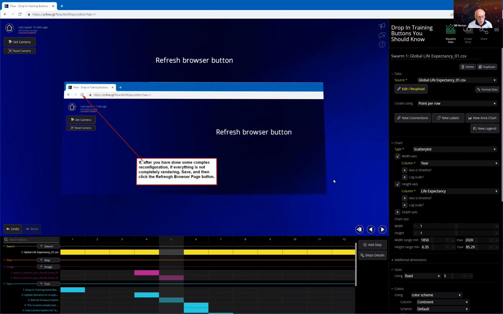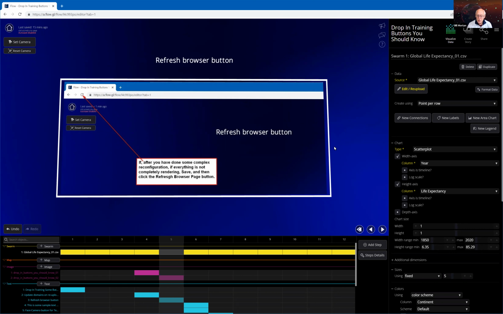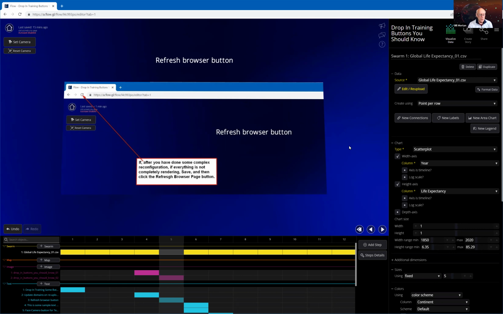Okay, so Flow has a lot of very complex internal settings. And as you're reconfiguring your flow, all these settings are being reconfigured on the fly. And there's a lot of complexity going on underneath the covers. Every once in a while, you may get yourself in a position where you've done so much reconfiguration that Flow is just having a difficult time catching up on re-rendering everything that you've set. So if you ever find yourself where Flow is just not quite displaying something the way you think it should, here is the process. Go over here to this